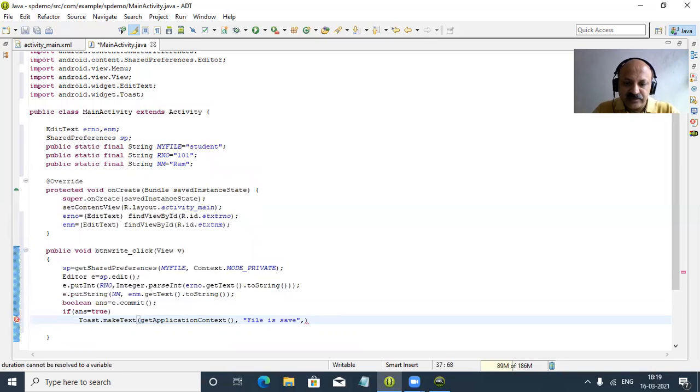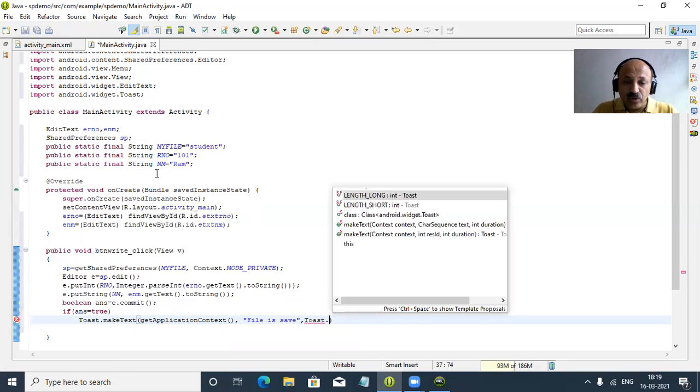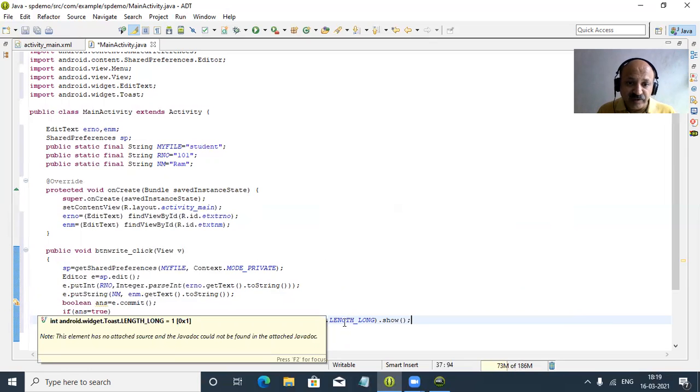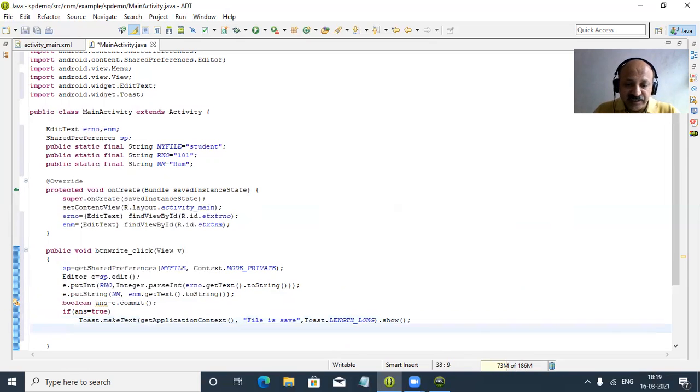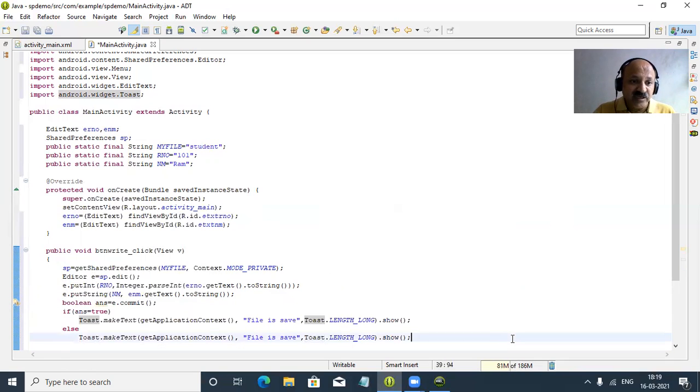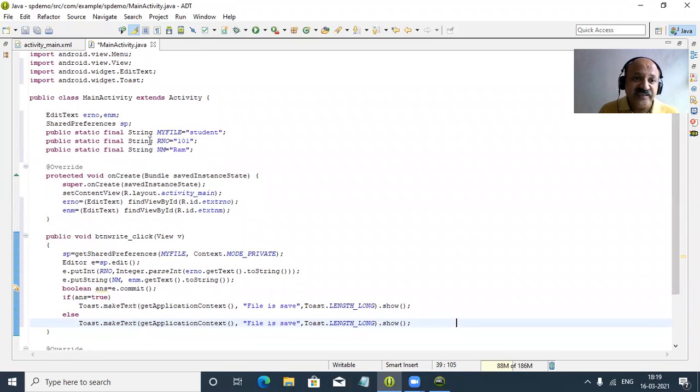And here yes, Toast.LENGTH_SHORT or LENGTH_LONG. So I give the long, and that is also a public static constant, because it is uppercase. You can look here, we can write in ourselves here that MODE is a public static constant, and here the Toast class has two members, which are also defined as public static final. So public static and final keywords, so we can write in uppercase. So by default we can use inbuilt classes also, written in uppercase. We can also define all our keys in the string data type, and we have to write them in uppercase.